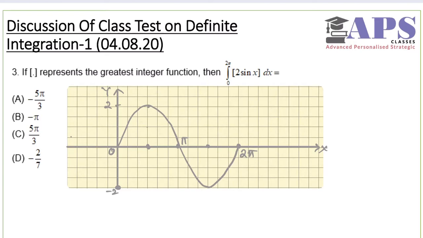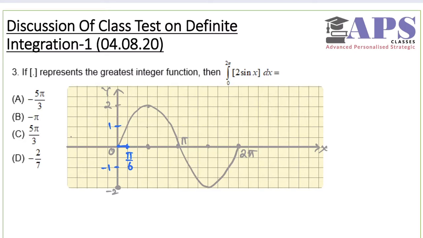Now I have to take a box of this. So when I take the box, the part which is between 0 and 1, so here this point is 1 and this point here is minus 1, 0 to 1, and the corresponding value here is pi by 6, because if I take x equal to pi by 6, then the value of 2 sin x will be 1. Sin pi by 6 is half, so that is 1. So this part will become 0.